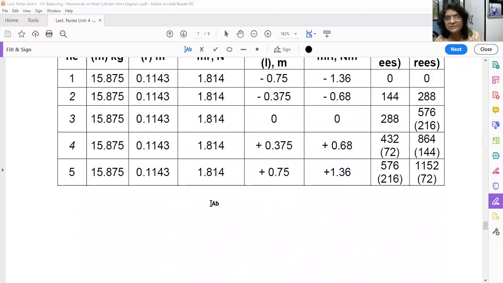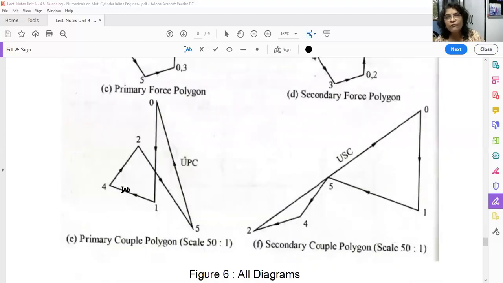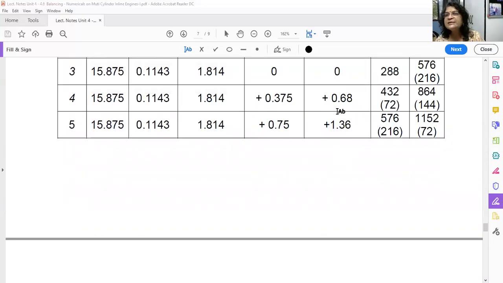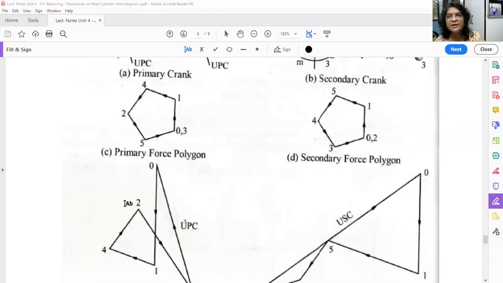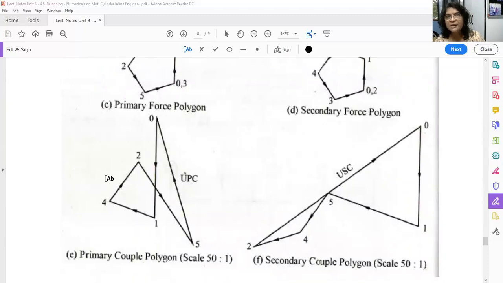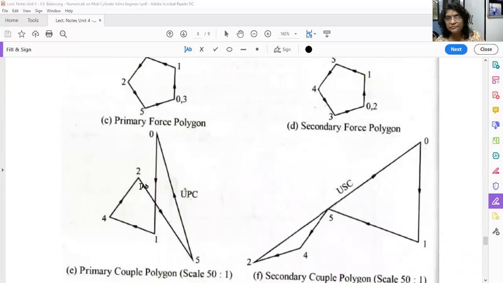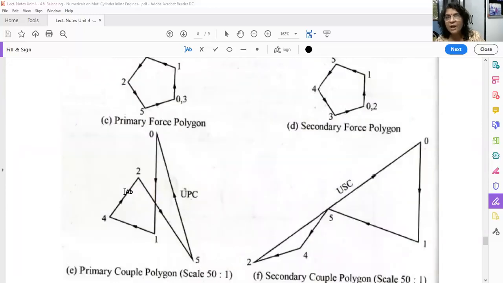Okay, 1.36. So then which vector we have drawn? 0 to 1, okay, 1 to 4 we have drawn. So what is 4 here? See, direction of 4 is here. That is positive couple. 4 is positive couple. 0.68 magnitude. Okay, so we have drawn in this direction. So from here 1 to 4, draw the parallel line to this 4. Okay, then which vector we have drawn? 2. Now see, 2 is this direction. This is positive direction, but 2 is having negative couple, so it should be towards upward right. So that's why from here we have drawn upward towards right.